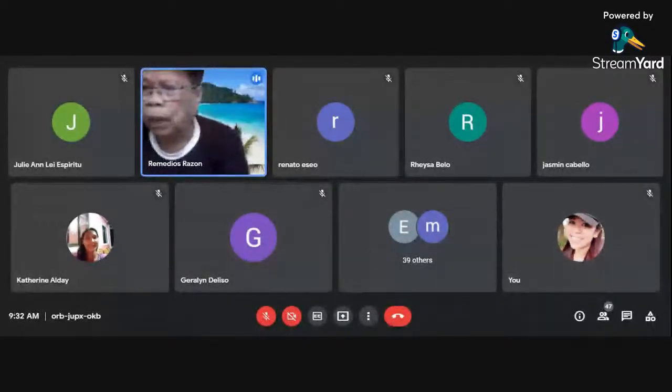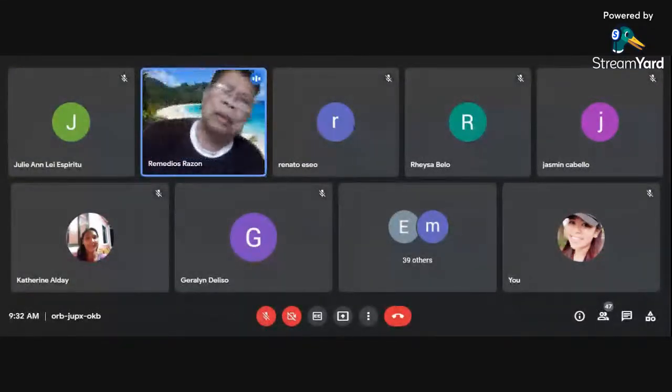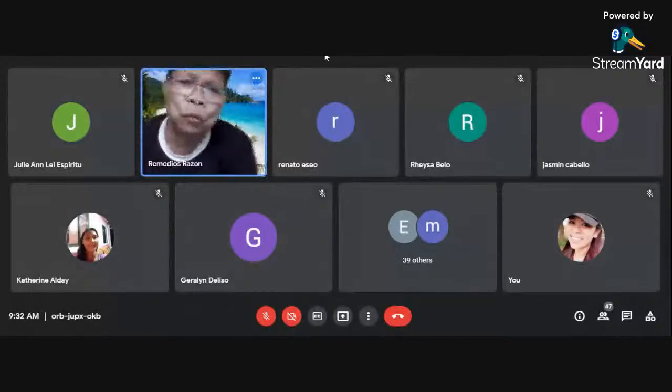And also with the environment context. Kailangan ay you go with the environment. Sabi ko sa inyo, kaya yung 4 na yun ang components of being a good leader. A leader, a follower, a goal, and environment context.